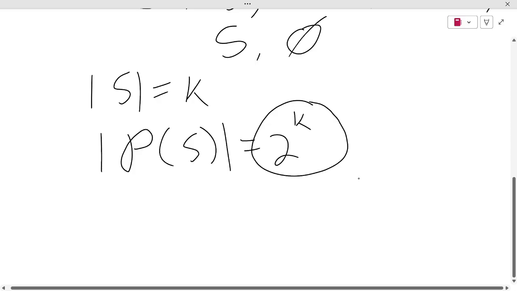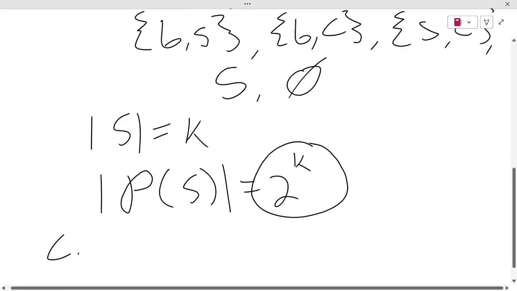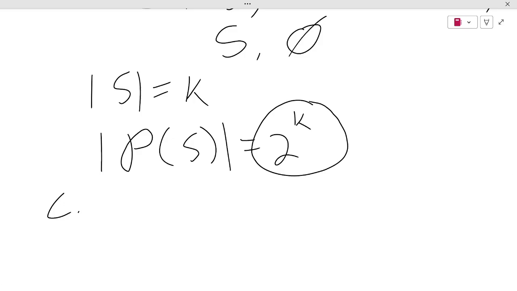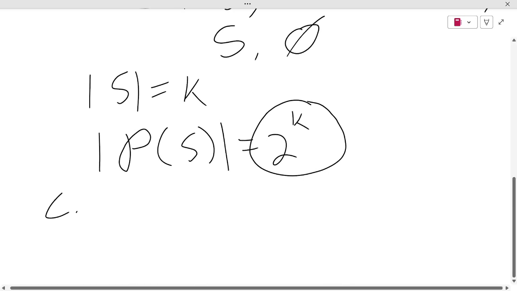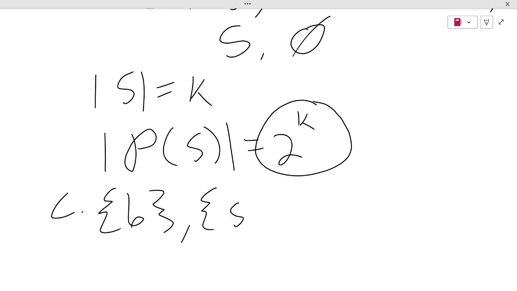Okay, let's wrap this problem up with C. We're looking at which events are mutually exclusive. I'm not going to write out all of them, but basically when we take the intersection between the two sets, we get the empty set. So an easy one to start with is we know that the elementary events, so B, S, C, are